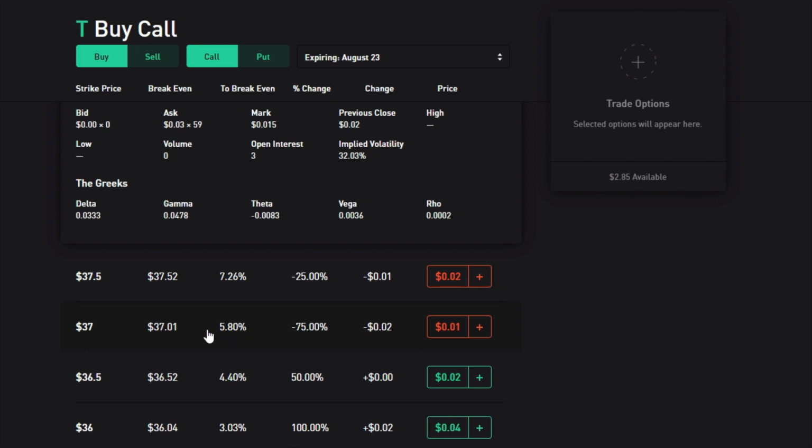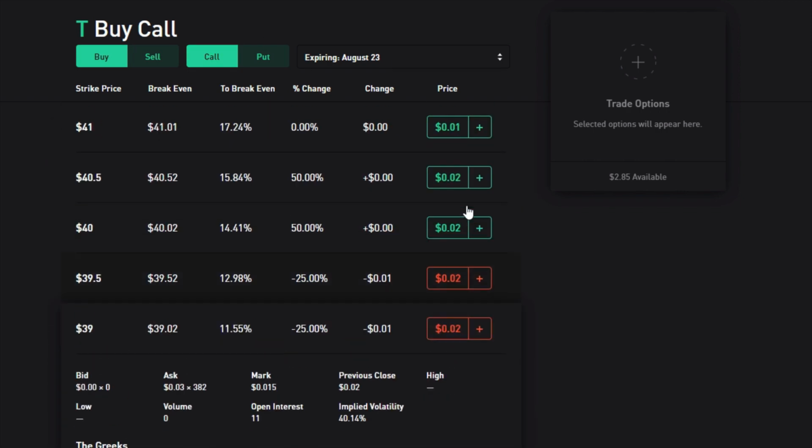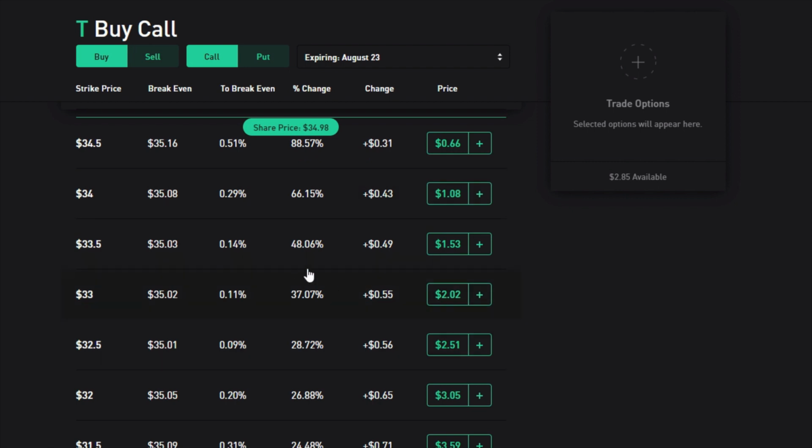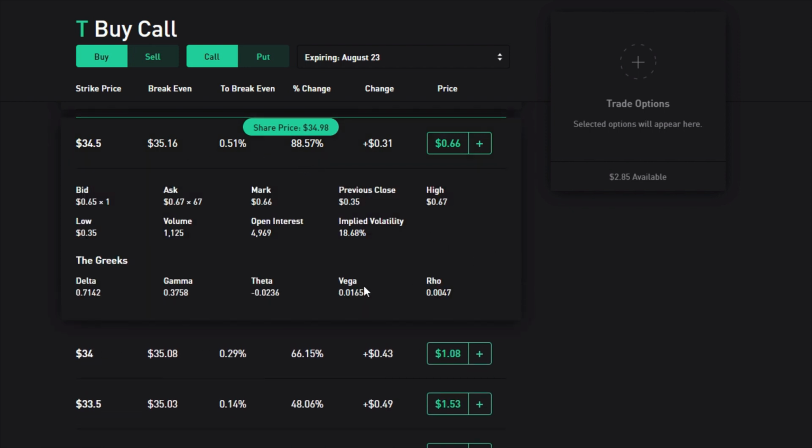Next thing we're going to talk about is theta, which is time decay. Theta is really important. Essentially what theta does is it measures the change in the price of an option for a 1 day decrease in its time to expiration. So the easy way to put it is, we'll look at an in the money contract. If you buy this in the money call contract at $66 and pretty much the next day